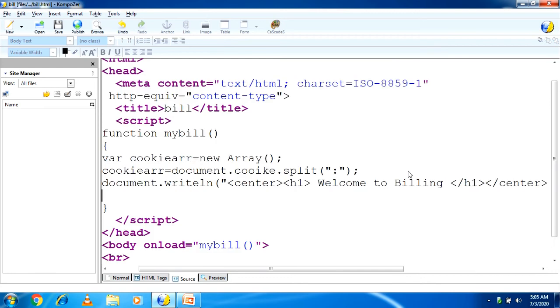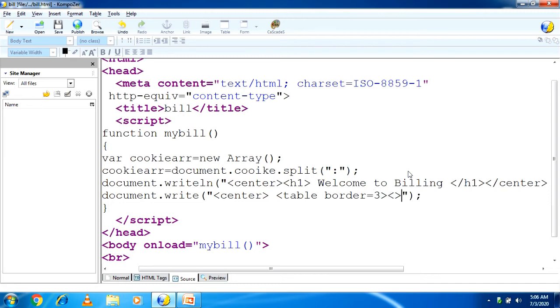After that you have to write document.write, bracket open, double quote, bracket close. Here you have to write center, and after that you have to open a table, because it will be generated in table format. So table border equal to 3.